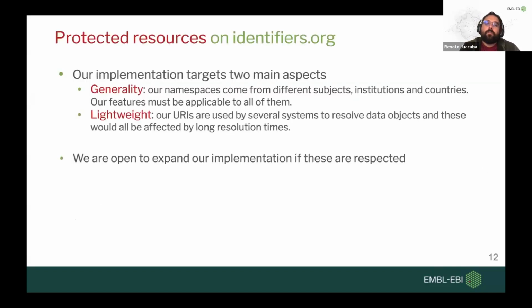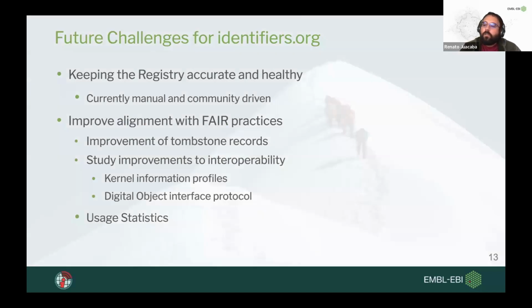And then the idea of this implementation is to be as general as possible, because we have namespaces in different subjects, not just life sciences, from institutions in different countries. And as the previous presenter said, it's very difficult to find the common ground between different communities like that. And also, you want to be as lightweight as possible, because identifiers.org is always a middleman in every communication. So we cannot be a middleman that takes too long to act. And of course, this is a very simple implementation, and we are open to expand it as more information comes up on protected resources. For future challenges, I think I'm running out of time, so quickly,